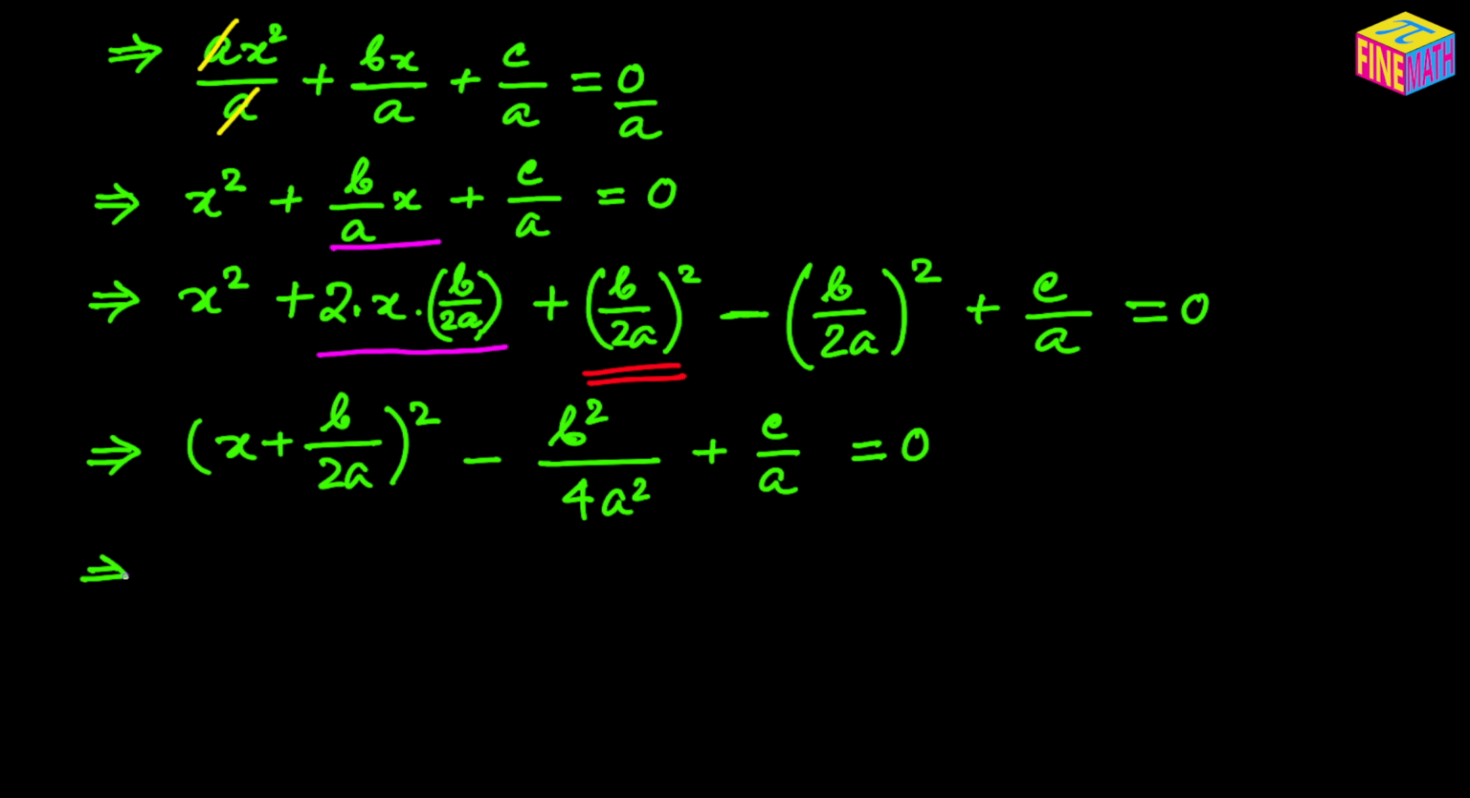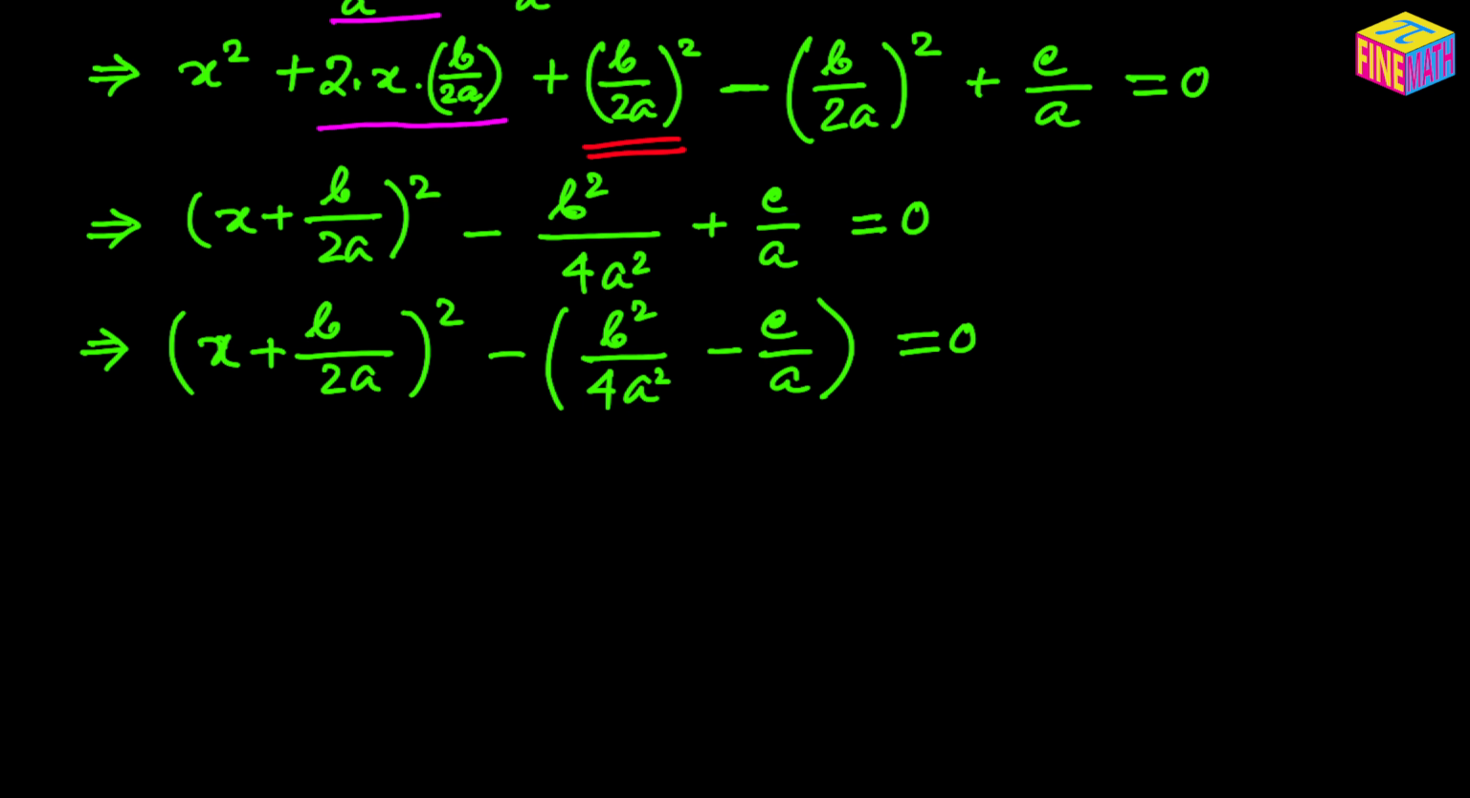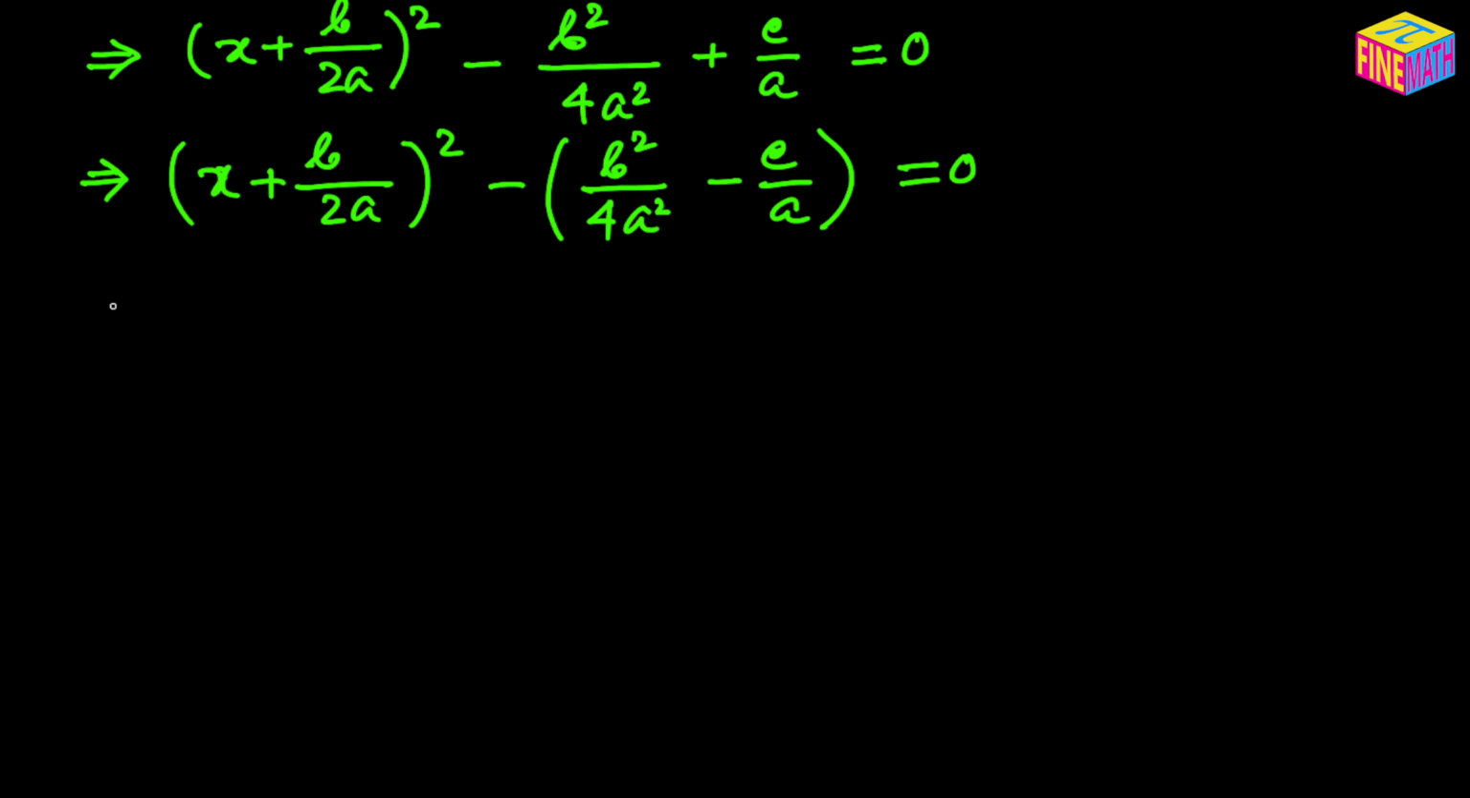So from here we can say, okay, now x plus b by 2a whole square minus, let's try to enclose them within a parenthesis, right? Let's see what happens. So it will be b squared by 4a squared, and minus c by a. We have to change the sign because there is a negative sign outside of the parenthesis, so the positive c by a becomes negative c by a, and this is equal to 0. Let me scroll down a little bit, and then from here we can say, okay,